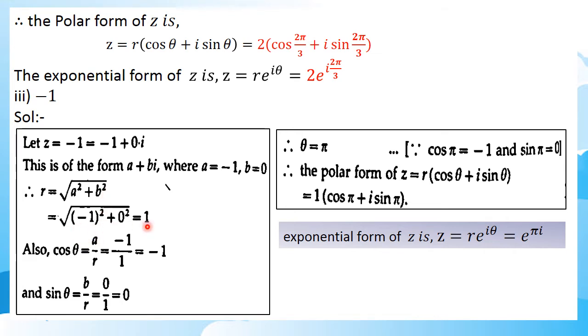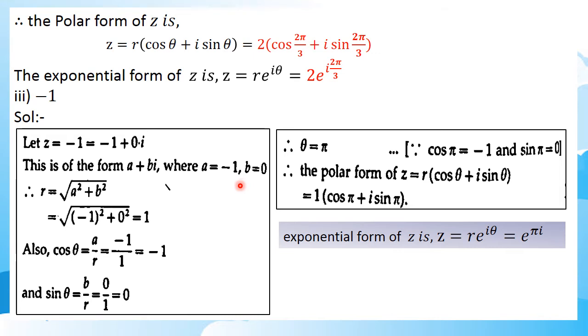And cos theta is a upon r, which is equal to minus 1 upon 1, which is equal to minus 1. And sin theta is equal to b upon r, which is 0 upon 1, which is equal to 0. Now, cos theta is equal to minus 1 and sin theta is equal to 0. Now, a is equal to minus 1 and b is equal to 0 means the angle lies in the second quadrant. But we know